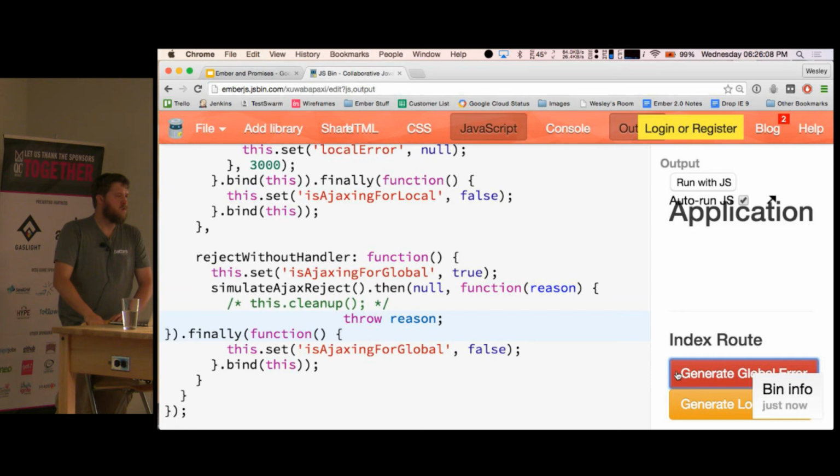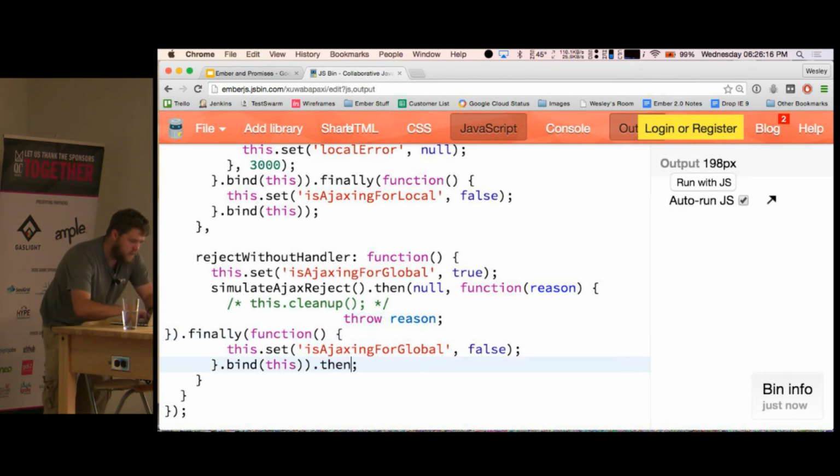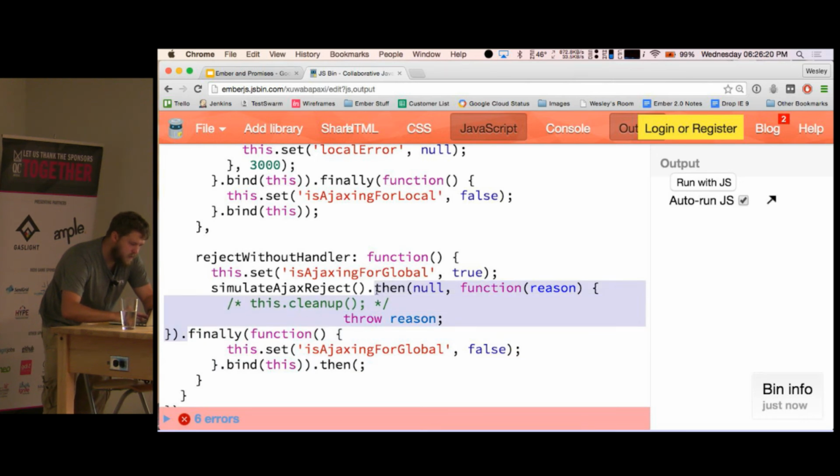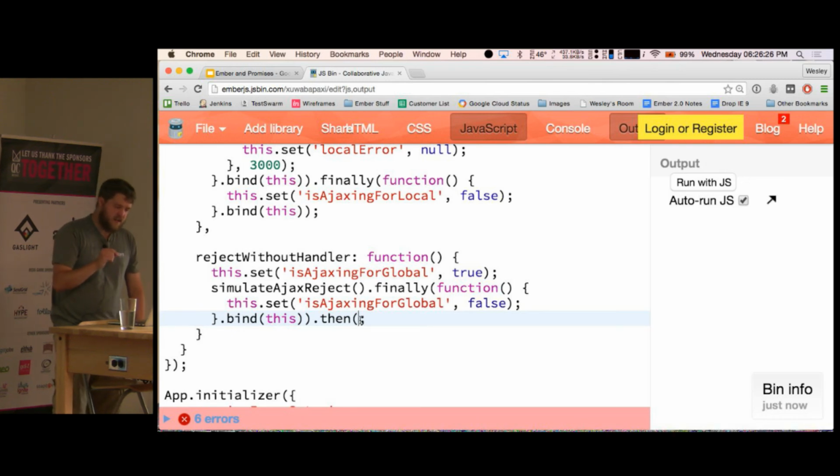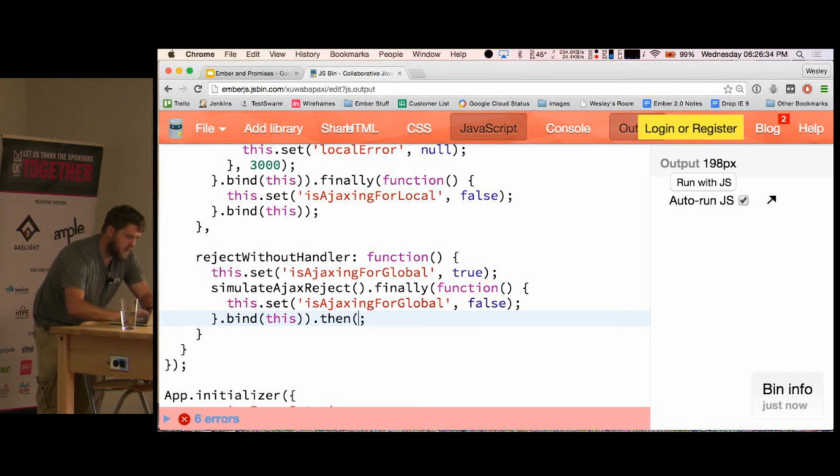Did I hear you right? You can chain a then after a finally? Yep, you can chain a then after a finally. So in this case here, let's get rid of this finally. And that'll get the return value of the last then, not the finally? Yes, let's test that. It should get whatever value was either in the error track or the success track. So in this case, it would be an error.